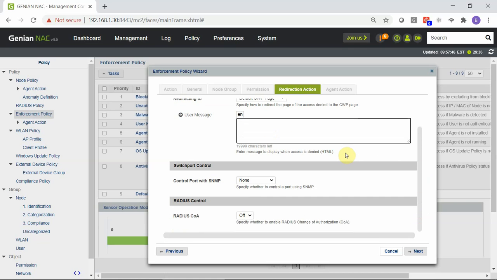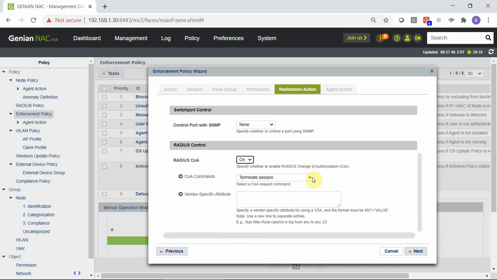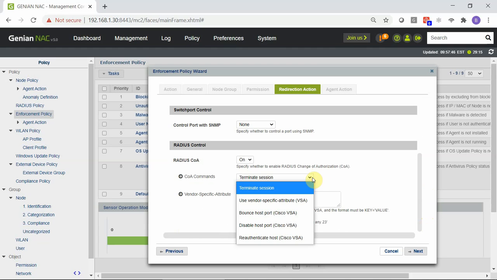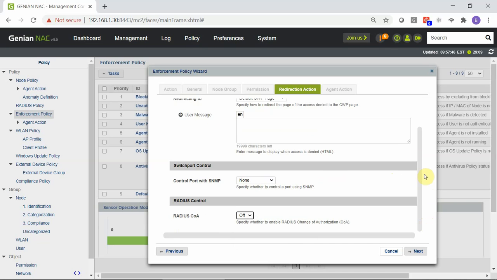The Genian NAC default method of enforcement is ARP enforcement, which does not require any network integration, and all the permissions are assigned in software. But you could also enforce via SNMP or RADIUS as well, and assign various RADIUS attributes based on the status of the endpoint. But for the purposes of this test, we'll go ahead and just leave ARP enforcement,